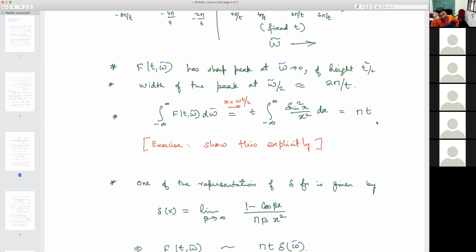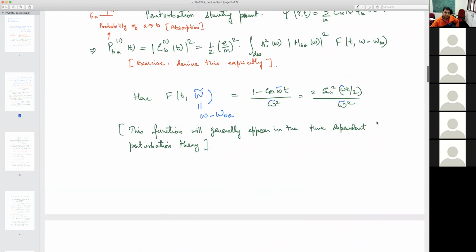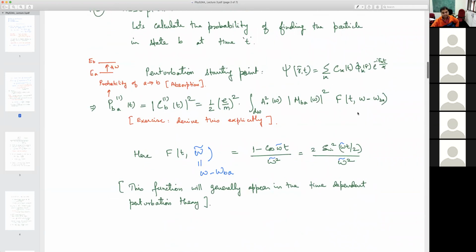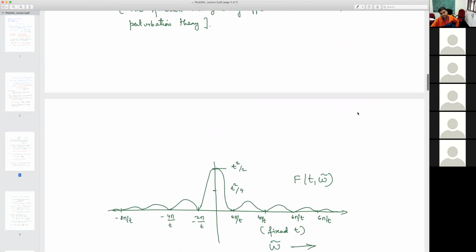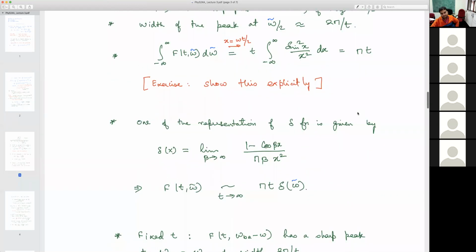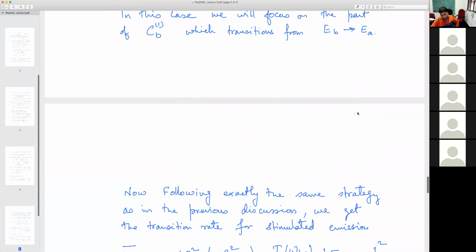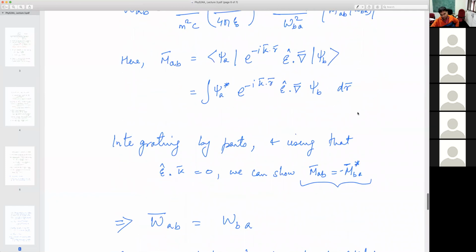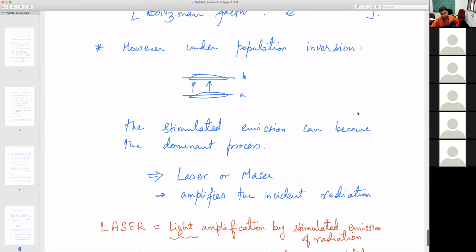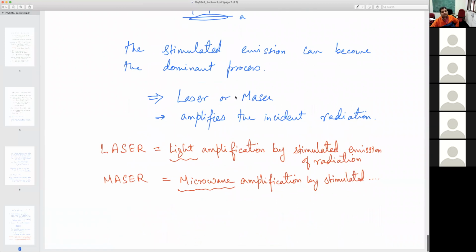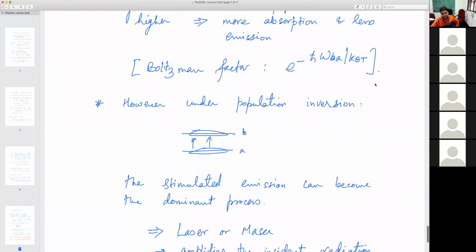Okay. So these two problems you solve. Next time again, I will ask this question: what happened to the other two terms from here? And yeah, you tell me the answer. Okay. And you look at all the old notes and point out the problems, right? What am I missing? Okay. And I will share some notes on laser and maser historical development. If some of you are interested, read it. That's it, basically.